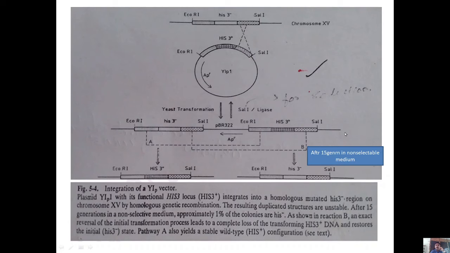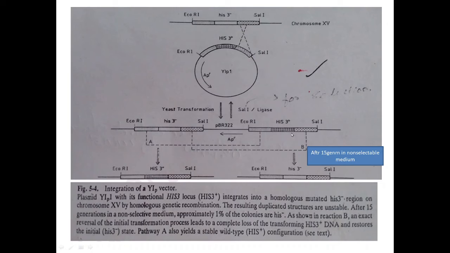So here in this chromosome number 15, this YIp cannot exist as an episomal vector. See, there lies a problem here, because this yeast integration plasmid, or YIp plasmid, got integrated into the yeast chromosome, and after that the resultant yeast chromosome has a duplicated region, that is, those homologous regions got duplicated in the yeast chromosome. So see this region from EcoRI to SalI and EcoRI to SalI, these regions got duplicated.